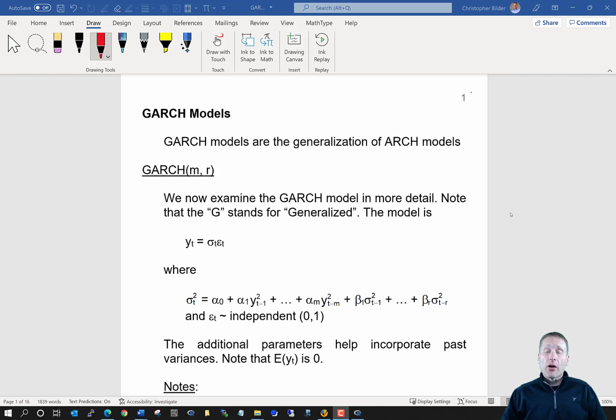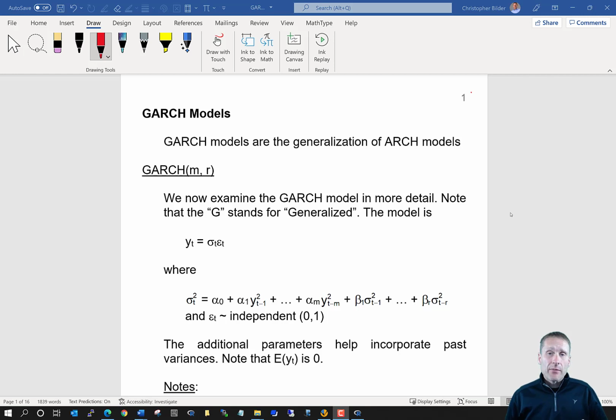Next, we're going to talk about GARCH models. We've already talked about GARCH models some in the past, so that we could talk about ARCH models. Now we're going to get a little bit more detail, but actually not too much detail. The purpose of this subsection of our notes is just to give a brief account of what GARCH models are, how